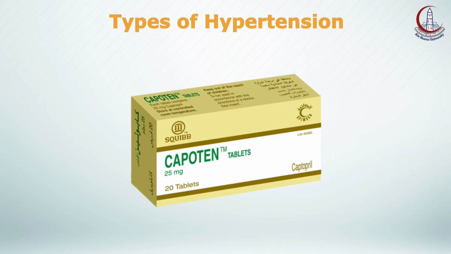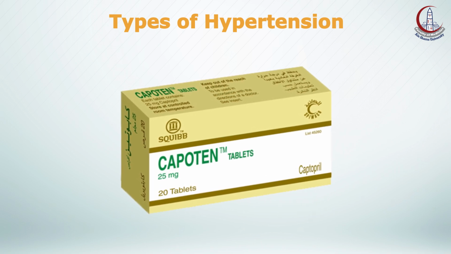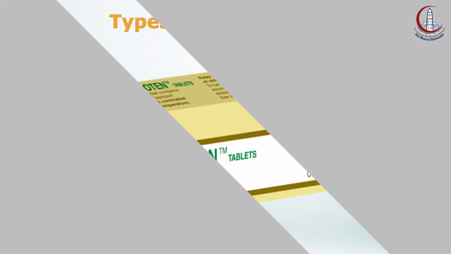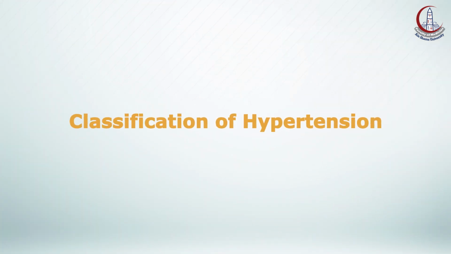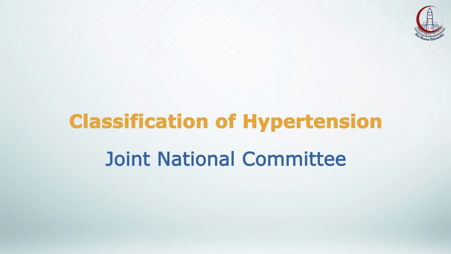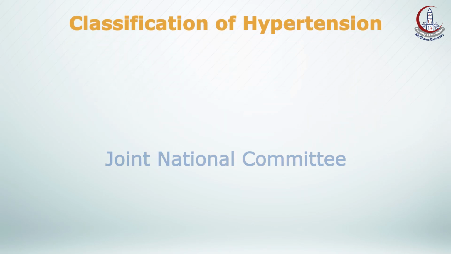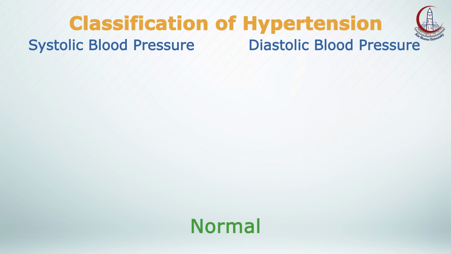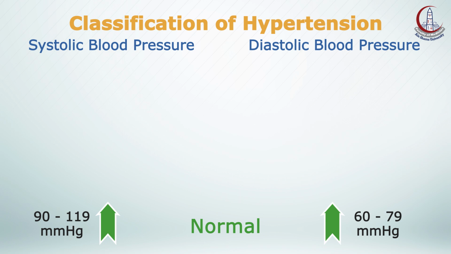As treatment of hypertension is effective but is lifelong, prevention is a major challenge for public health and preventive medicine. The latest classification of hypertension, according to the 7th report of the Joint National Committee on Prevention, Detection, Evaluation and Treatment of High Blood Pressure, included that a normal person has a systolic blood pressure between 90 to 119 millimeter mercury and a diastolic blood pressure between 60 to 79 millimeter mercury, and that in the pre-hypertension state